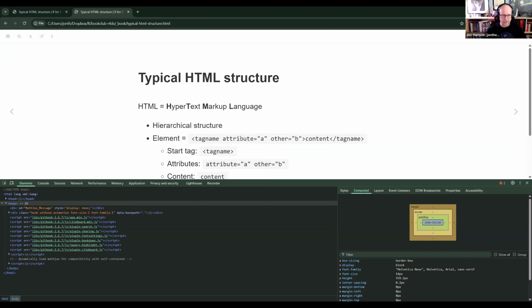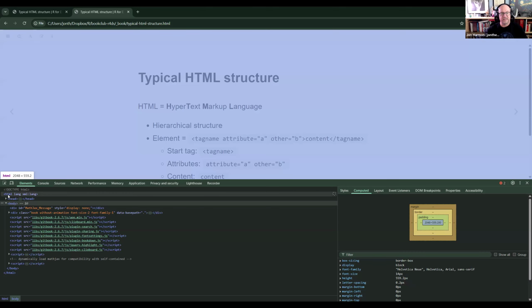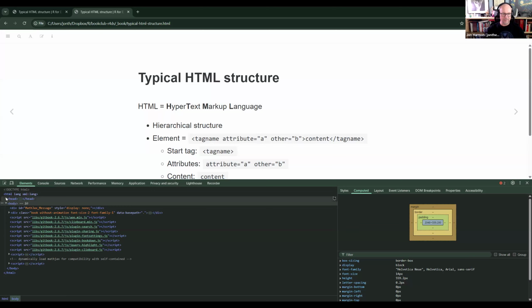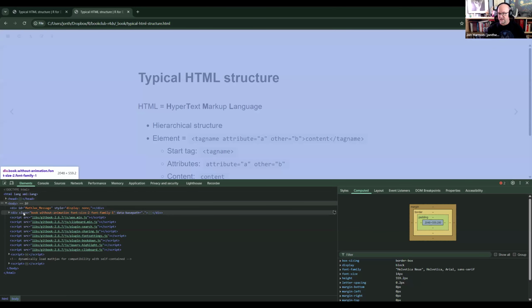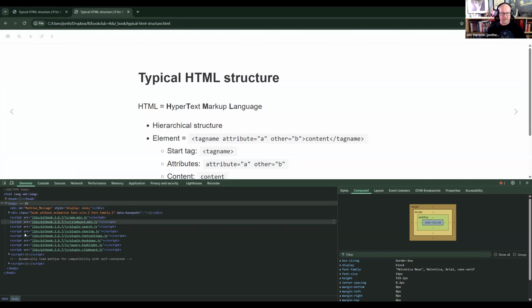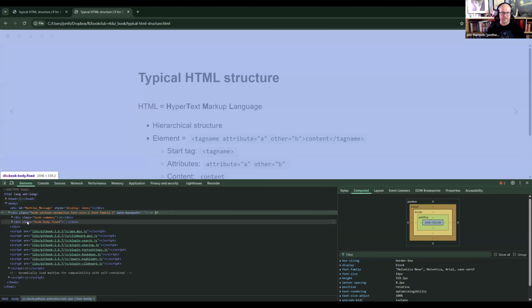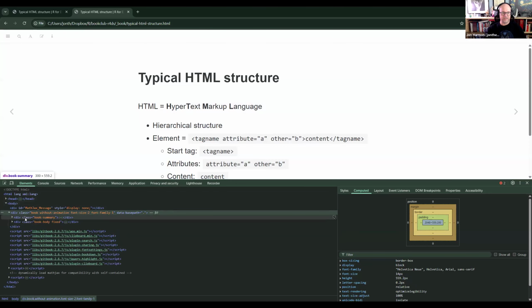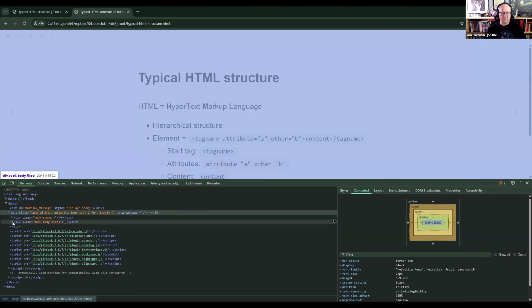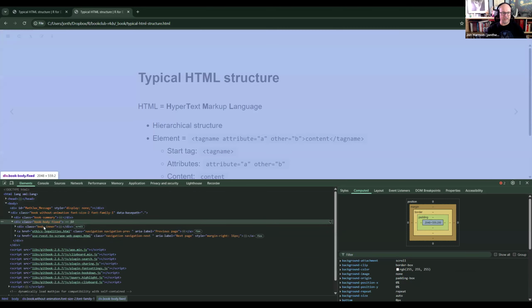This page, and so you can see this HTML element. It has some named attributes that don't have values, they just have the names. It has a head, which we're not going to worry about, and a body. And again, in HTML tools, it's really nice because you can see what you're looking at through that highlight. So the summary is the collapse part probably, but within this body, we have